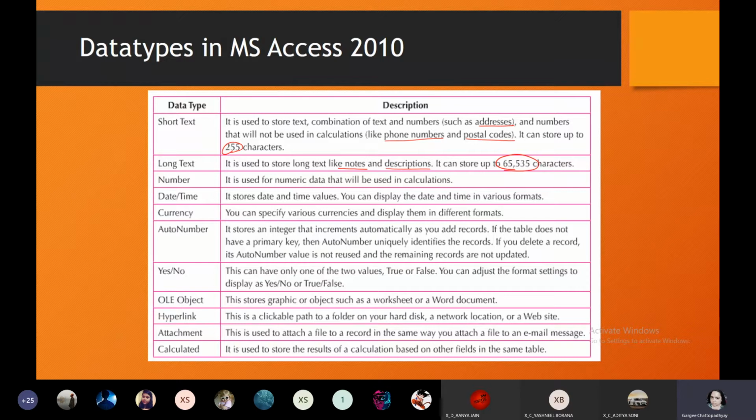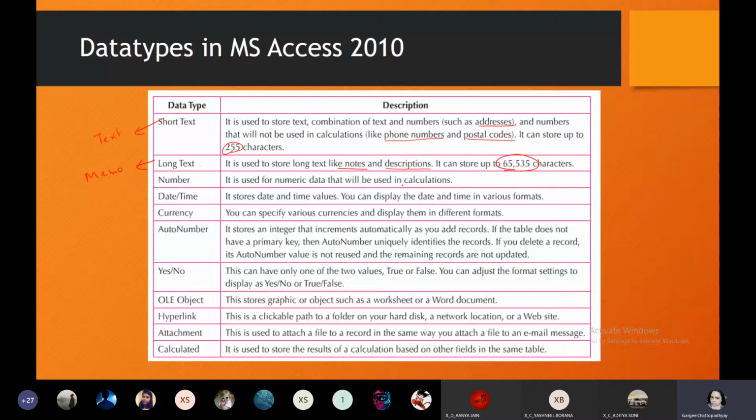So these usually contain characters which can exceed 255 characters. Please write it somewhere: short text is also known as text, whereas long text is also known as memo. In version 2010 and lower, it is known as memo, and in 2013 onwards, it is known as long text.